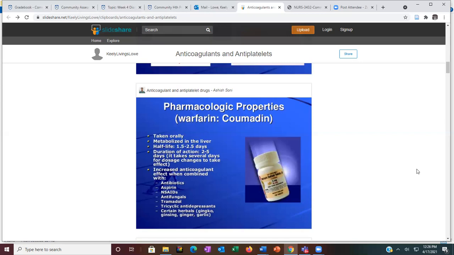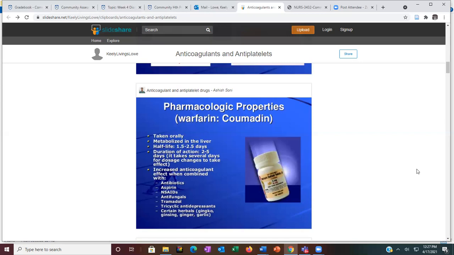But if they're taking aspirin or NSAIDs, then this patient could have increased anticoagulant effect. They could be at an increased risk of bleeding. So they would probably advise not to take aspirin or NSAIDs if they're taking Coumadin. And that can be problematic if they have an injury or chronic arthritis or get a headache or those kind of things. Now, acetaminophen is okay to take. It doesn't interfere. So they're probably going to be advised that it's okay to take acetaminophen, but not take aspirin